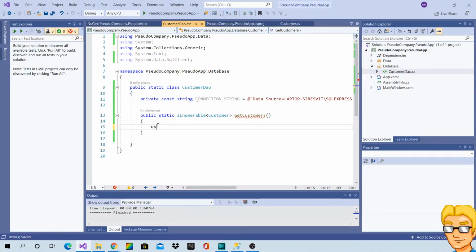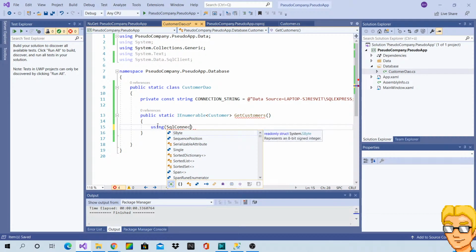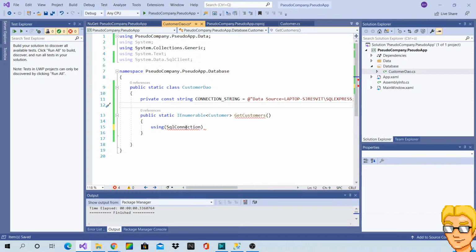Yeah, first of all, I'm going to need the connection. It's probably in a different namespace.